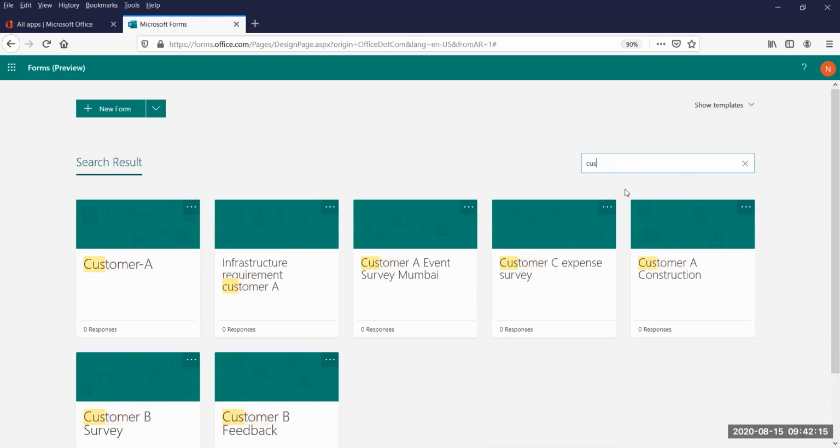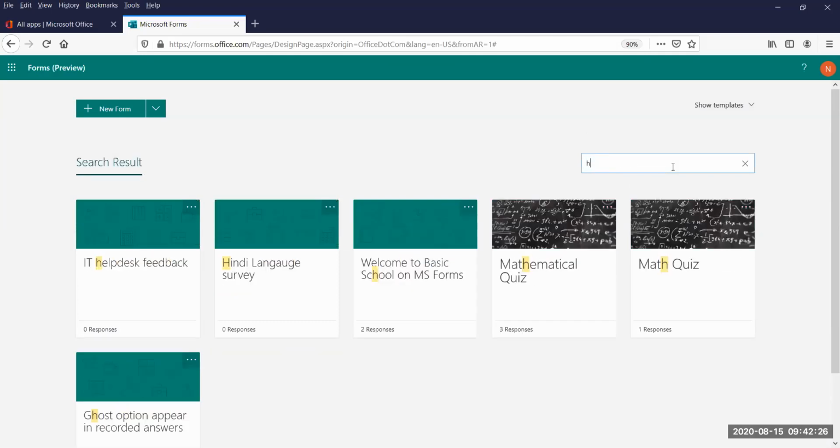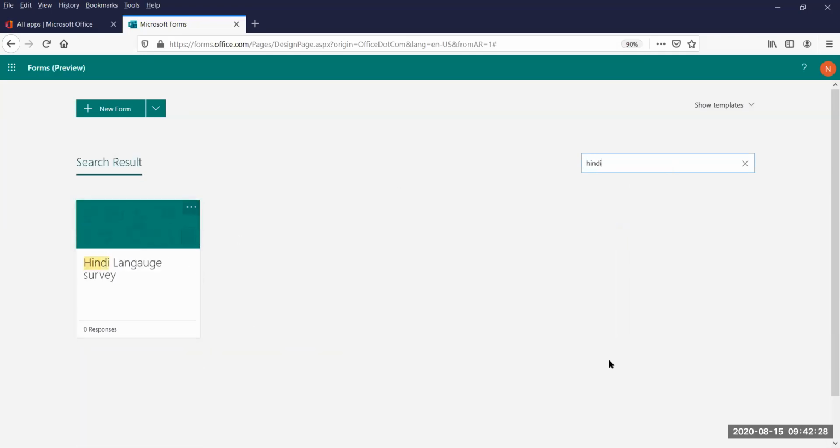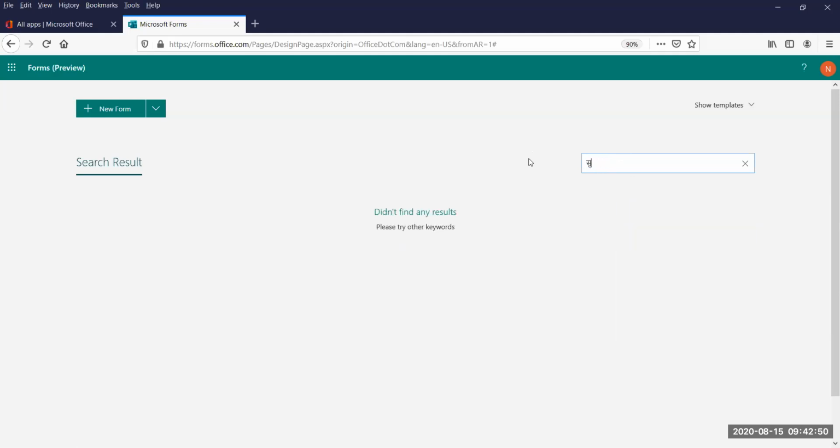Now, if it comes to the regional language, or let's say I have to find math, I can see wherever I have the math subject. If I have to find Hindi, I can just write Hindi here and see what options come up. These are the forms I have for Hindi. This also works for the regional language. For example, I change my keyboard to Hindi and write Hindi here, and I can see there are different forms for Hindi. Somewhere if I have to use survey, I can see the survey is in English, but the moment I move it to Hindi, okay, it's survey. I can find it.